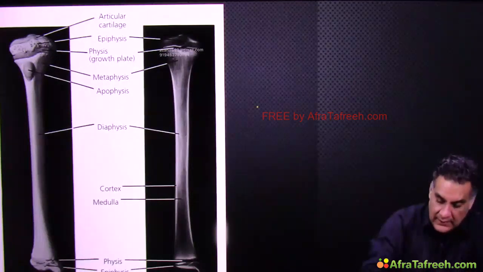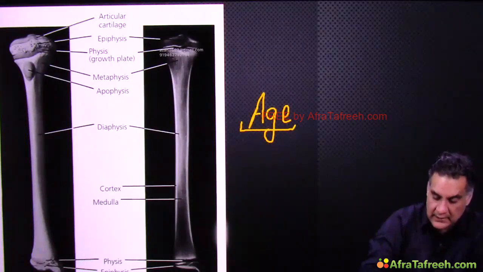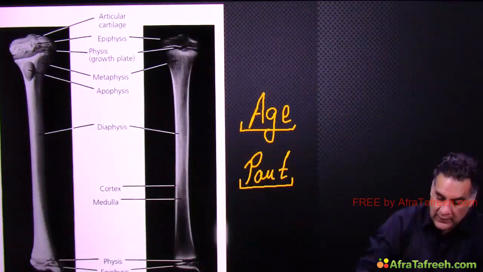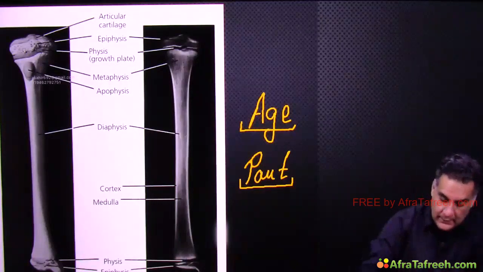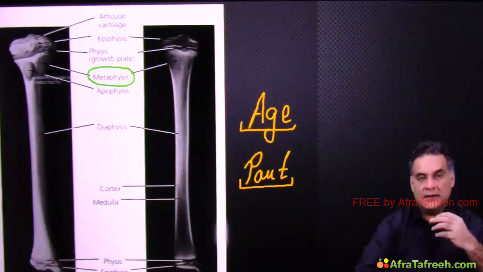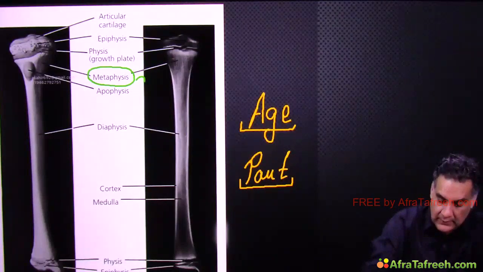One is age of the patient. Second is part of the bone affected. When we look at the part, because that's more significant, we have done this. Metaphysis happens to be the most common area where infections and tumors occur. And if you have to choose one tumor in the metaphysis, the king is